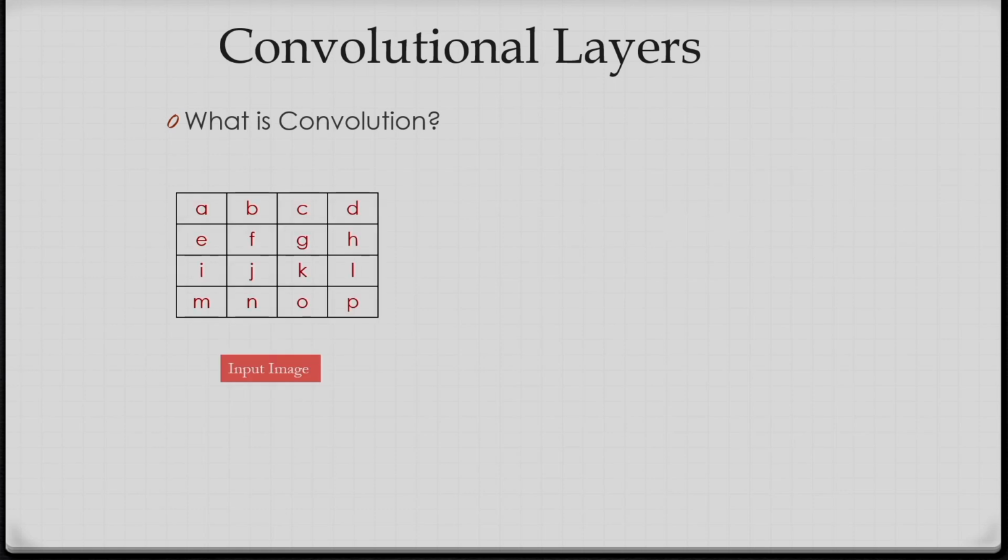So let us see what convolution is. Suppose this is my input image. It is a 4 by 4 image with the pixels A, B, C, D, E, F, G, H, I, J, K, L, M, N, O, P. The pixel values are A, B, C, D like this, and I am considering the filter. The filter weights are W1, W2, W3, W4, arranged like this, with W3 and W4 in the second row. This is the filter I am considering.